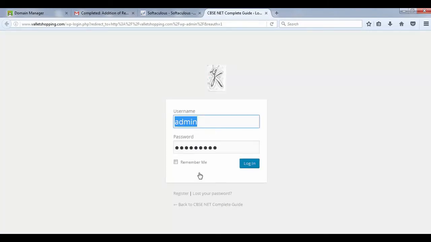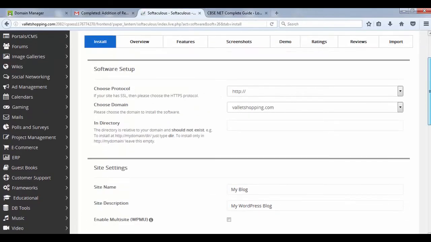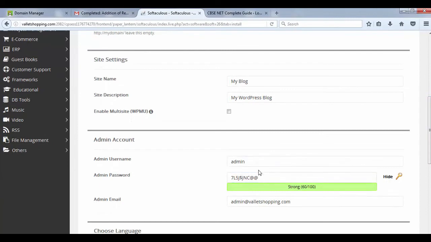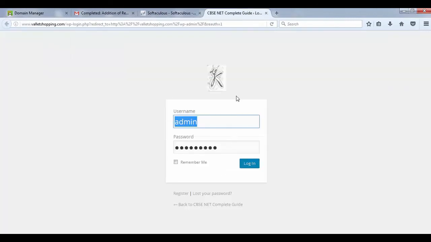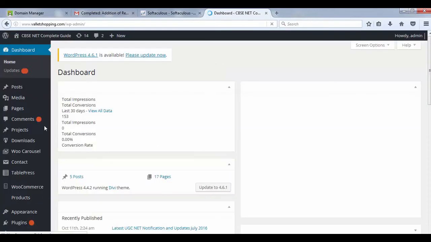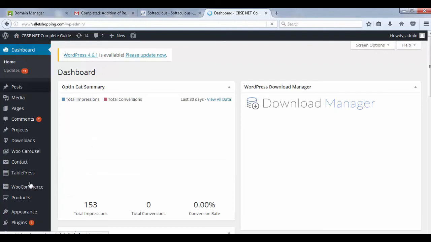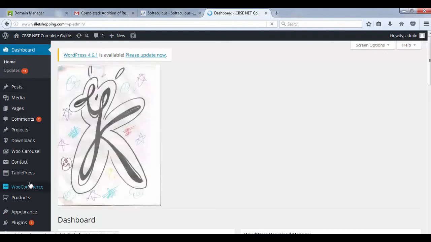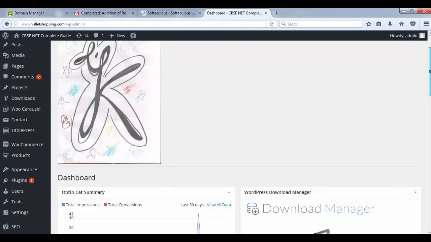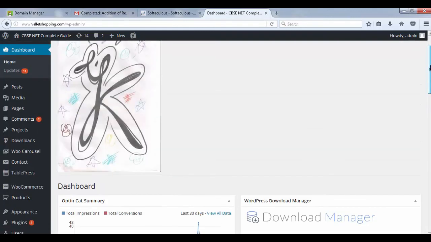Out here is the same ID and password which you might have entered earlier. This is the same ID and password which I entered there, and based on that, if I click, I will enter the dashboard of my WordPress website. This is my dashboard. My dashboard appearance might be a bit different from yours because I have been using this dashboard for a very long time.